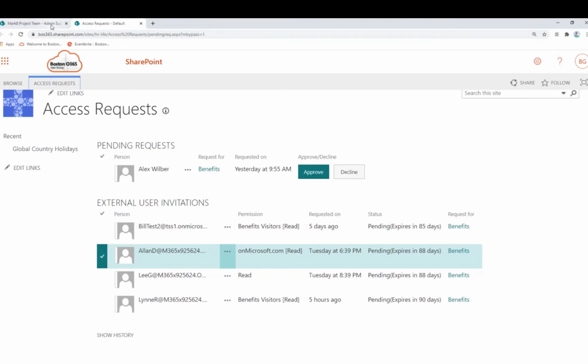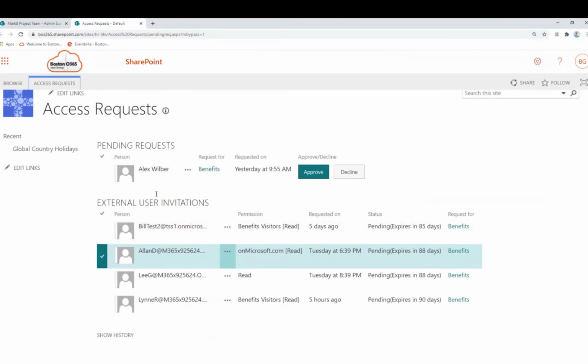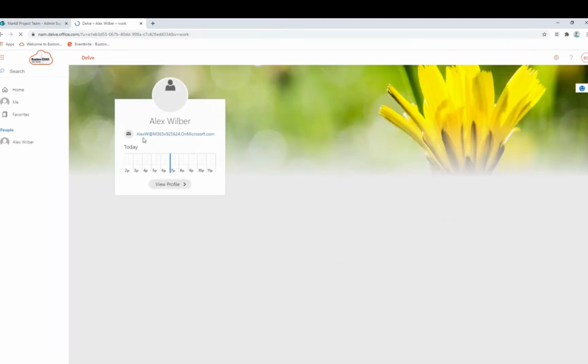Okay, so going back to the management page. Bill, quick question for you. Yep. Julie was asking, if you click on that name, will it take you to their Azure AD? Oh, to their Azure AD? Yeah, I don't think it does. It just brings you to the profile on SharePoint. So this will bring you to the SharePoint profile.